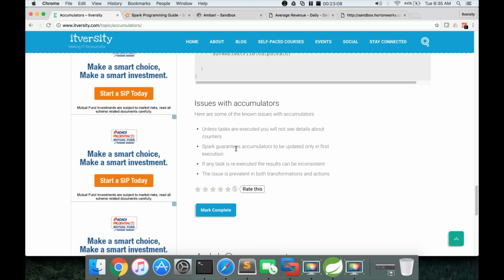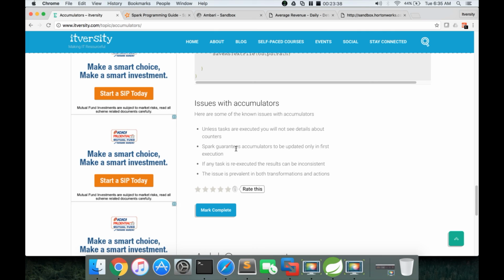Spark guarantees accumulators to be updated only in the first execution. So, for example, sometimes a task might fail in the middle and it has to be restarted on some other node. In that scenario, Spark does not guarantee that the accumulators will be updated on the second execution of the same task. So the side effect of that is the results can be inconsistent. That doesn't mean that the program will fail.